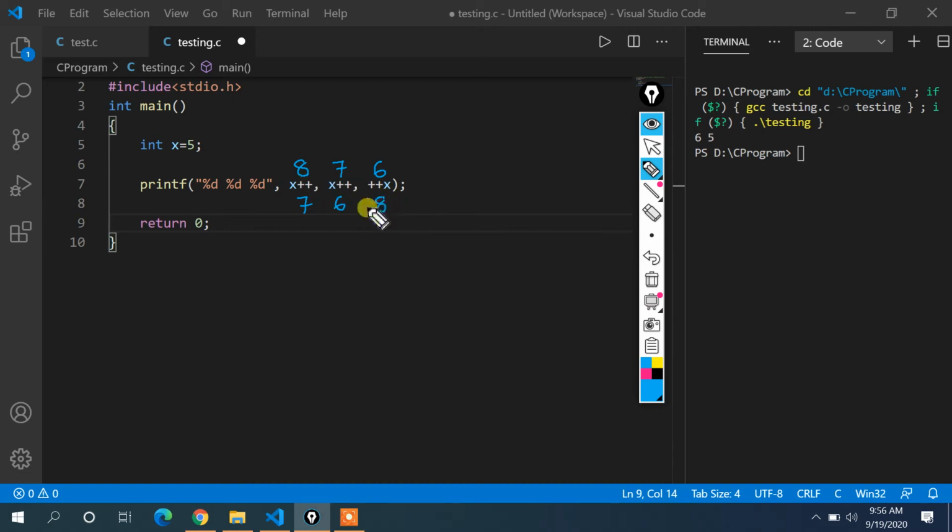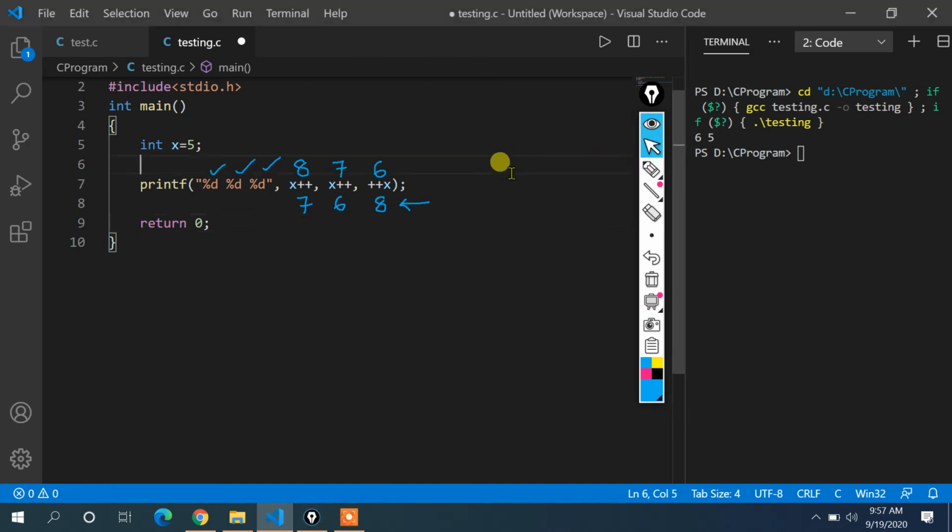Okay, so this is the assignment line. The below line will be the assignment line. This is just showing the value of x at a particular instance of time. So the output must be 7, 6, 8. Let us see whether the output is coming as 7, 6, 8 or not, because 7 will be replaced here, 6 will be replaced here, and 8 will be replaced here.